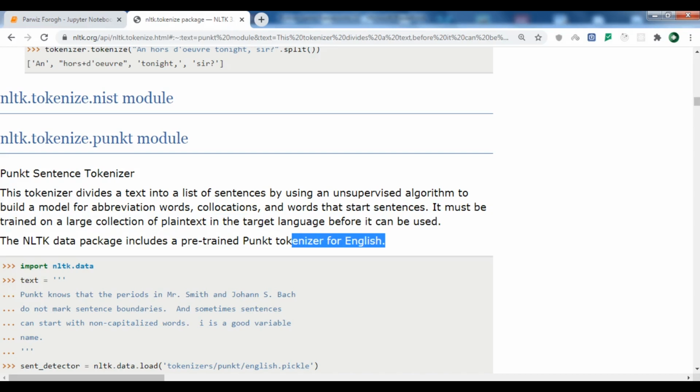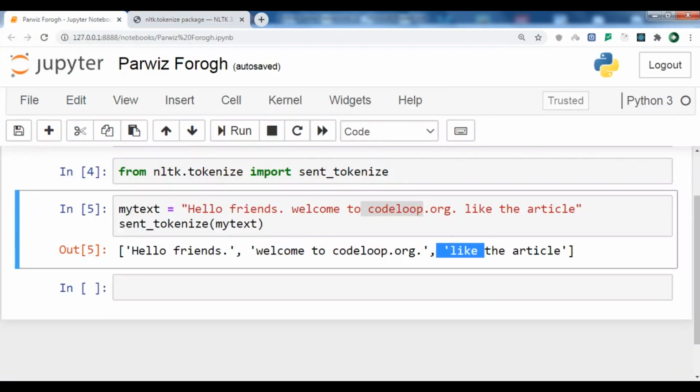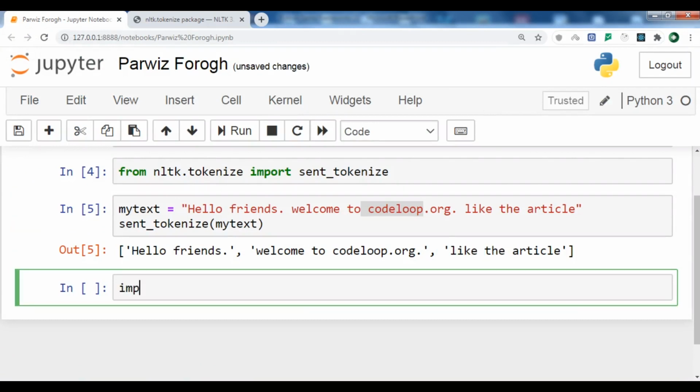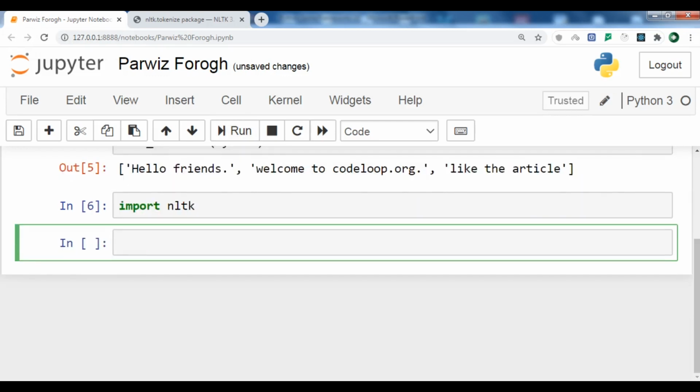Now these are the pre-trained tokenizers. So now let's create our example Punkt sentence tokenizer. The first thing we are going to do is import NLTK, and after importing NLTK, we need to load the Punkt sentence tokenizer with the language that we want. For example, I want the English language, so I'm going to say